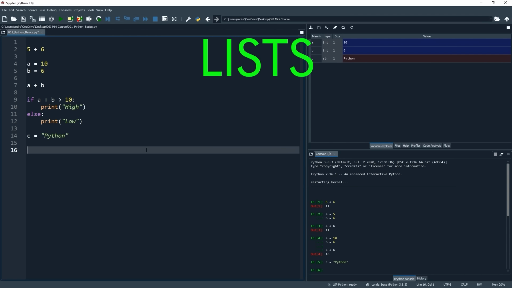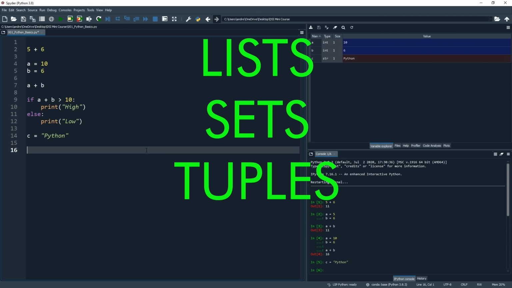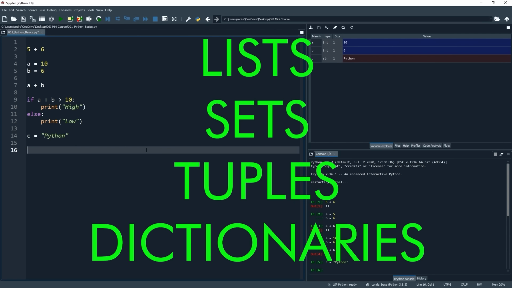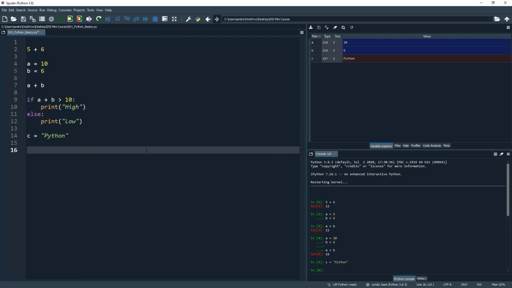There are lists, sets, tuples, and dictionaries, and they each have unique properties and purposes that make them appropriate for different scenarios. The most commonly used data structure is the list, and to create one we would just name it like we've done so far. So let's just call this my_list for now, and then to tell Python that we want to create a list, we simply put a set of square brackets, so equals and then 2 square brackets.